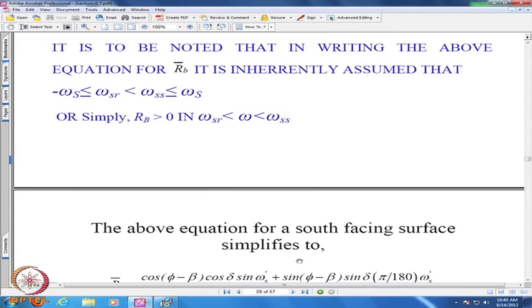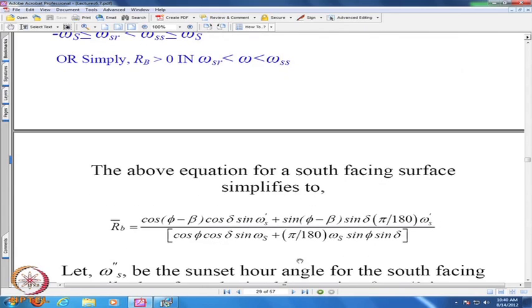Most of the time you may have that assumption not violated, but there will be equally important situations where that assumption may not be valid. So, for a south facing surface again this simplifies, and this omega S dashed now should be symmetric. Instead of omega SR and omega SS unequal values, if gamma equal to 0, I will have a minus omega S dashed and a plus omega S dashed, just like minus omega S and plus omega S for the horizontal